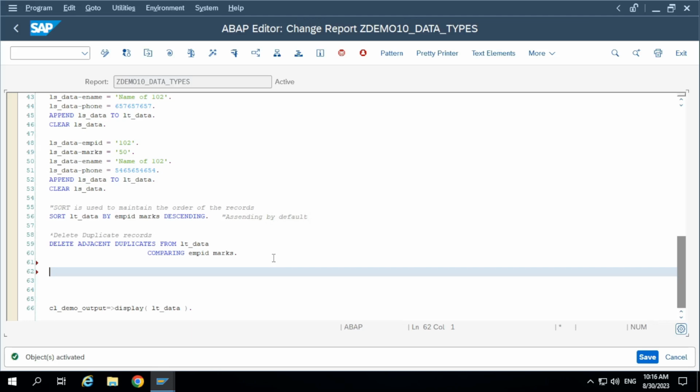Or marks less than 35. I don't want to consider marks less than 35. I want to delete that. How can you delete based on some condition from an internal table? By using